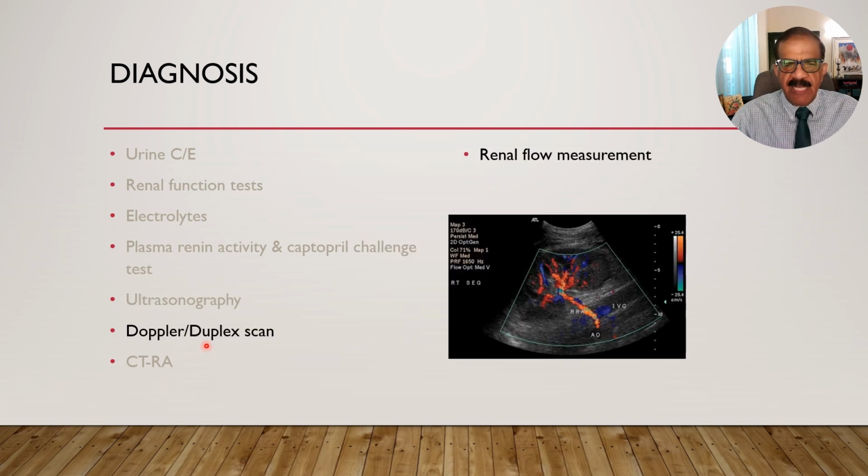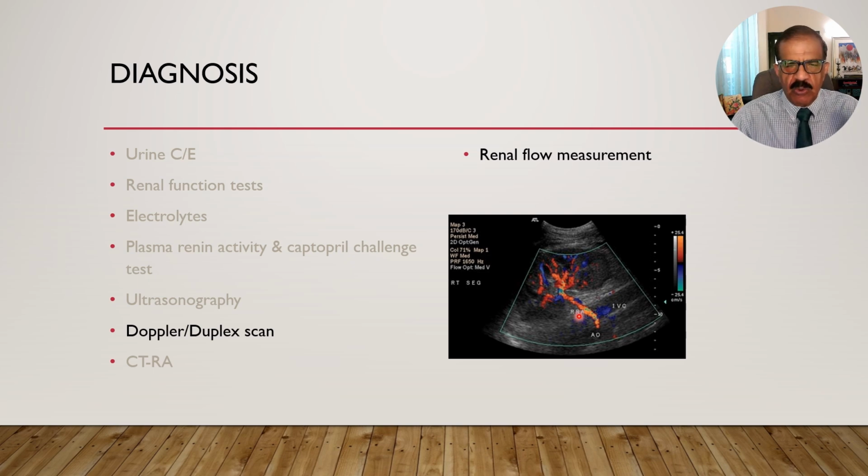Then a duplex scan or Doppler scan. With Doppler, you determine flow. With simple ultrasound, you determine the kidney size and the renal artery. And when you superimpose Doppler on the ultrasound, this is called duplex scan. With this, you can measure renal flow, renal blood flow, and of course you compare it with the other side. And if one side flow is significantly reduced, then that will raise the possibility